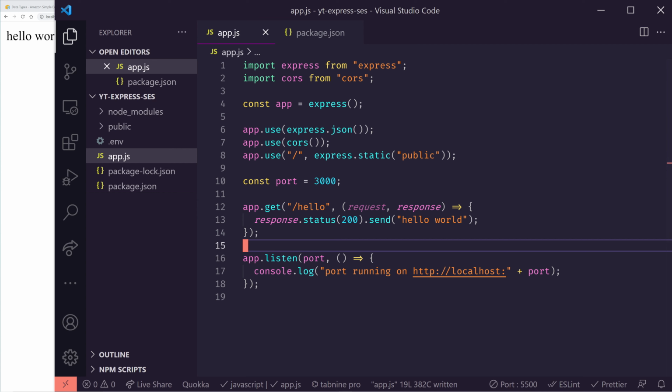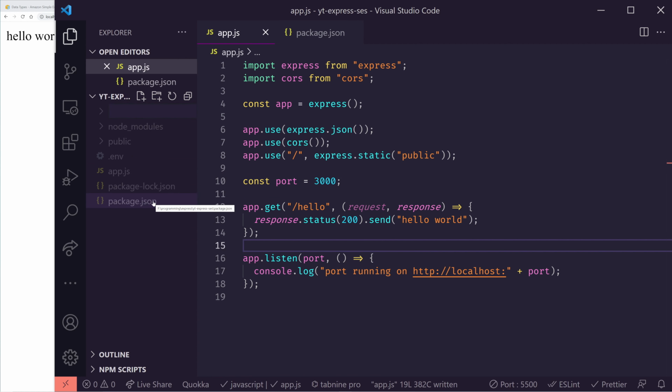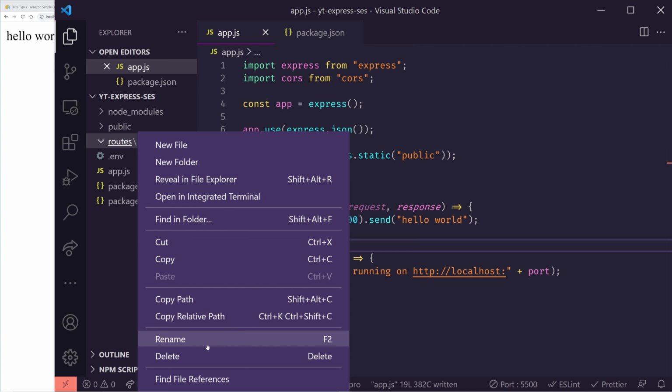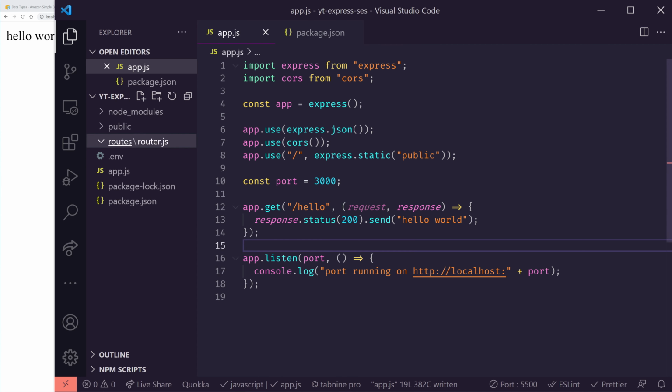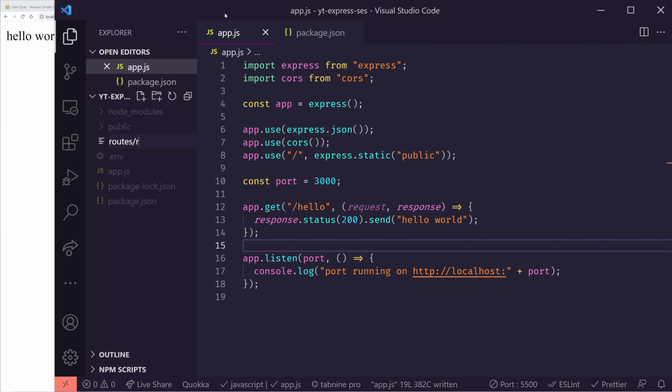Cool. So the next thing we need to do is create a route for our post so we can possibly send an email. So that shouldn't be too hard, but let's create a new folder, and we're going to call it routes. Oops, I always mess this up. I should do it the other way here. Do it through a file name. So if I do new file, I can do